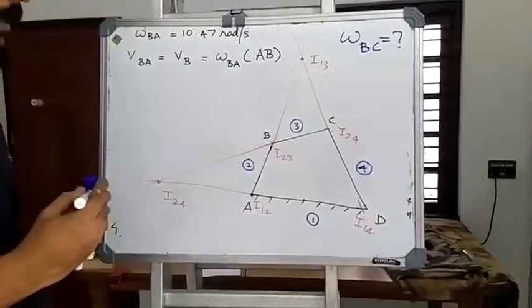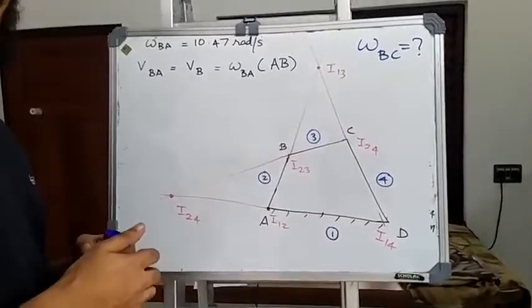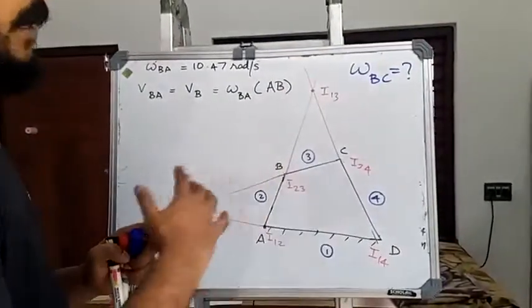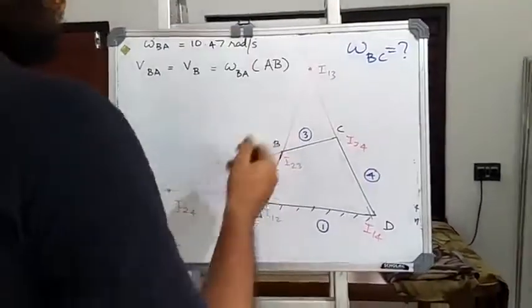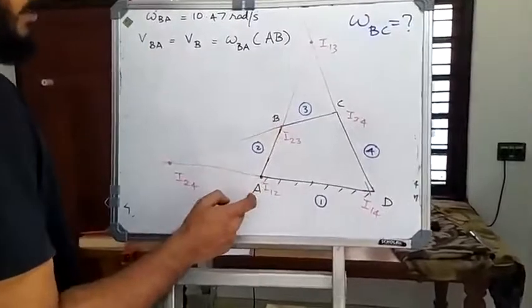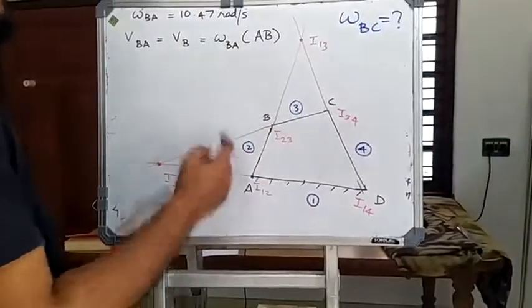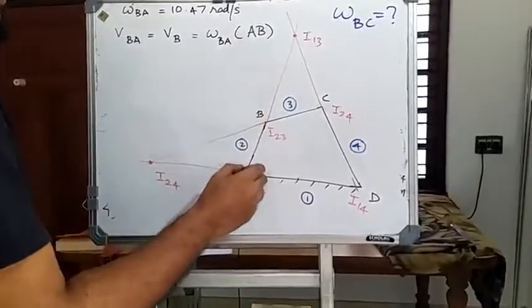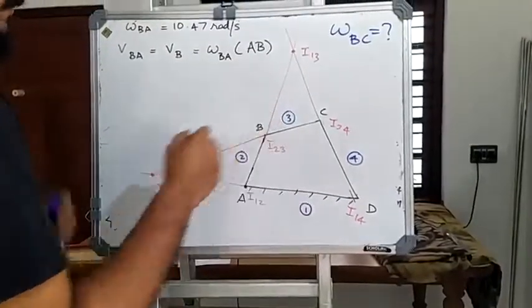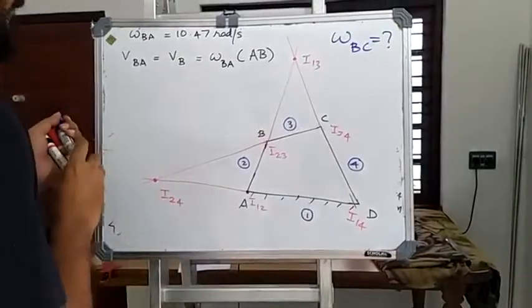Just go through the video in which we have discussed the initial discussion on eye centers. In that we have written an equation. So the linear velocity of point B about A, which is a fixed point, can be found out using this equation. That means the angular velocity of this link multiplied by the length of this link. Hence,